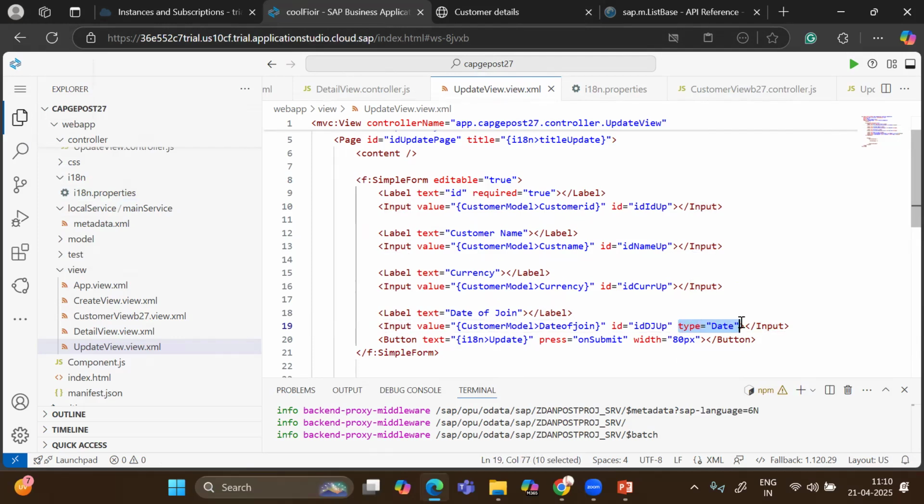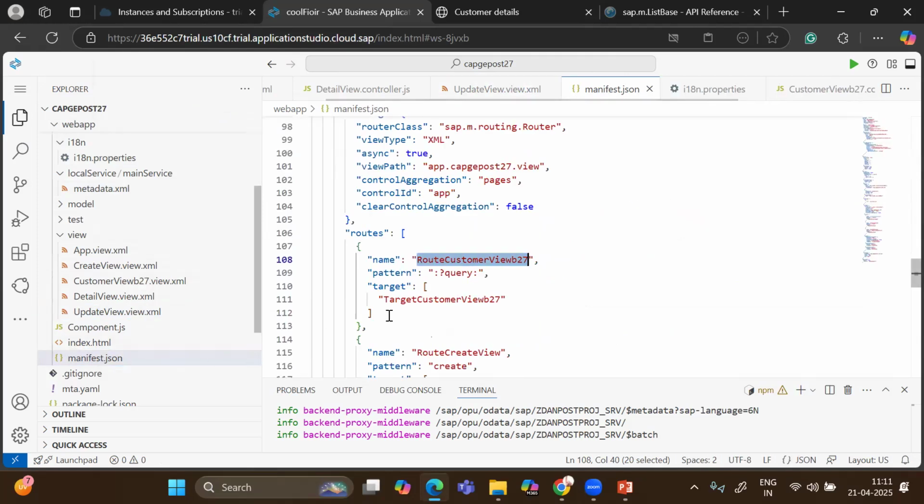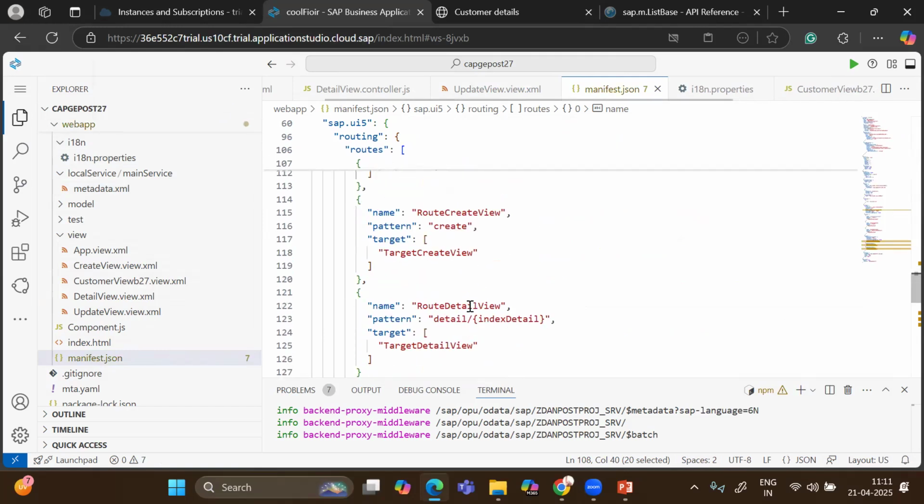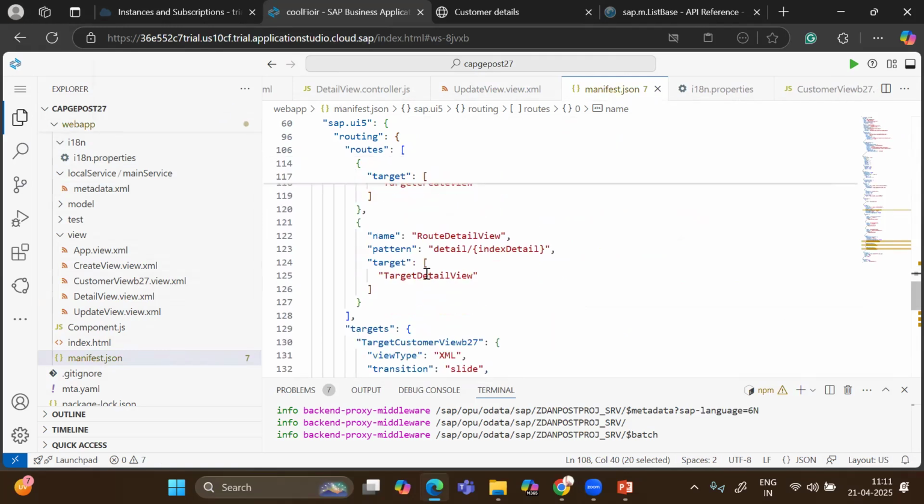Oh, we don't need this date type right now. Okay, for now we can just leave it and see what the current status is. So the current status is that we have got a view and have we made the entries in the manifest? Yes or no? Have we created the update view in the manifest, routes and targets? Yes or no? No. So let's go and create the